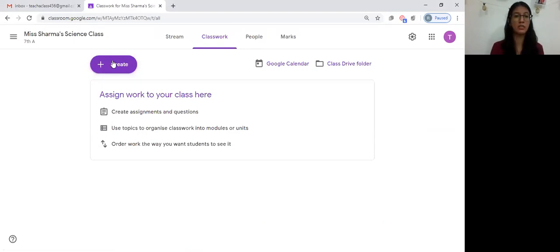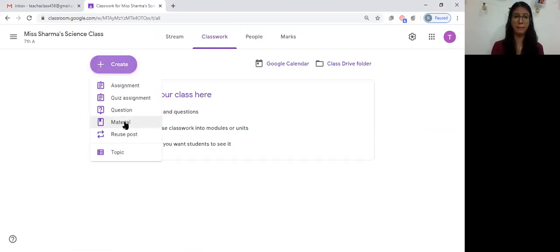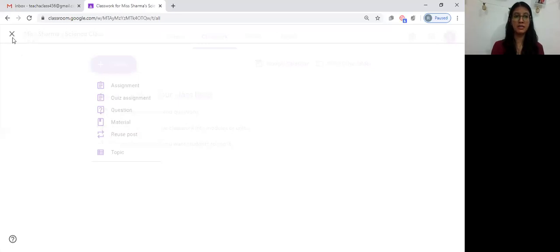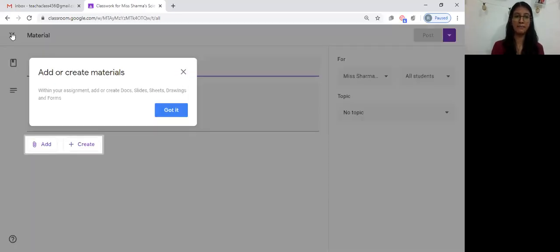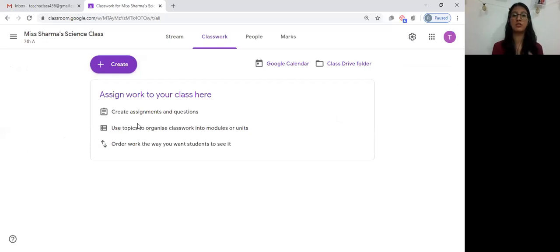So I will start with material. Now, basically in your classwork tab, this is where all the work that you're going to assign to your students is going to reflect. So your assignments, your questions, your notes, your videos that you want to watch, all of that is going to be assigned from this page. So this is a little important page. So if you have questions, please keep throwing them in the chat box and Kanvi will pick them up and convey to me in my next break. All right, let's get started.